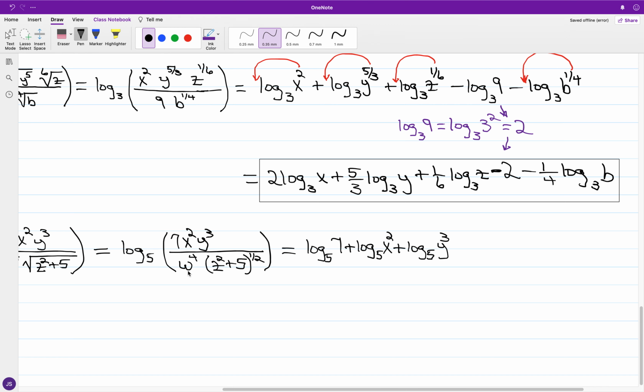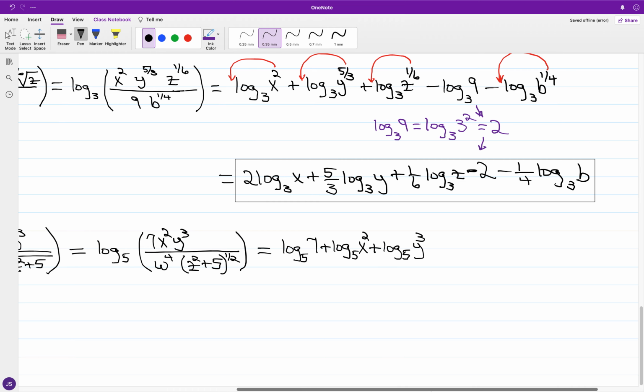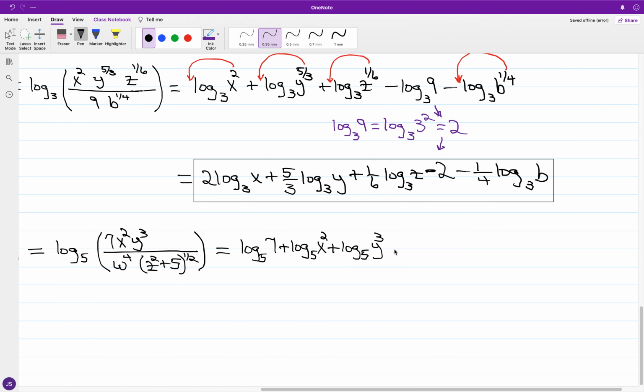Okay, and with w to the fourth and the square root of z squared plus 5 at the bottom, okay, we have these to exist individually as negative base 5 logarithms. So we have minus the base 5 logarithm of w to the fourth, and we're going to have minus the base 5 logarithm of z squared plus 5 quantity